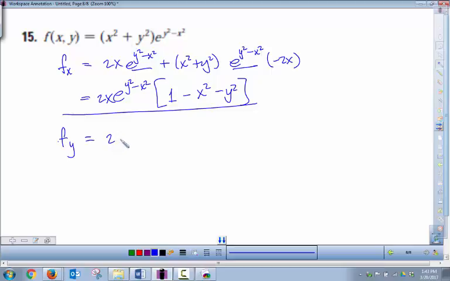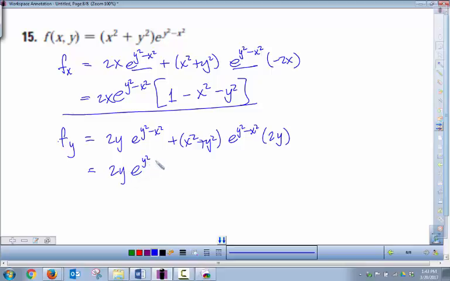We got 2y e to the y squared minus x squared plus x squared plus y squared, e to the y squared minus x squared times the derivative with respect to y, positive 2y. So this would be a 1 plus x squared plus 1